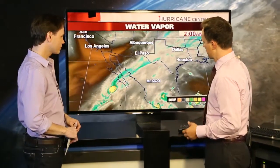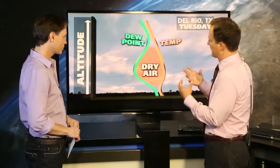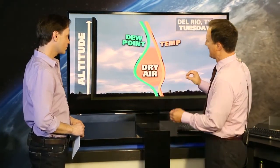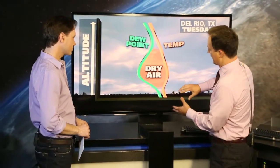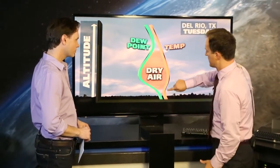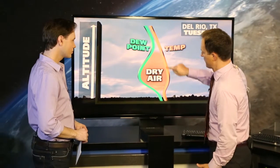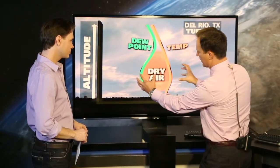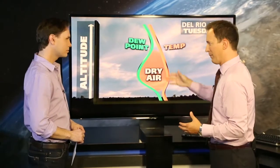This is mid and high level moisture, and it's an important contribution because as we look at the profile of the atmosphere, there's been a lot of dry air in the mid levels of the atmosphere. So this is looking at something called the skew T, and we're following the temperature going up in the atmosphere, and we're following the dew point going up as well. And when there's a big separation between the dew point and the temperature, that means there's a lot of dry